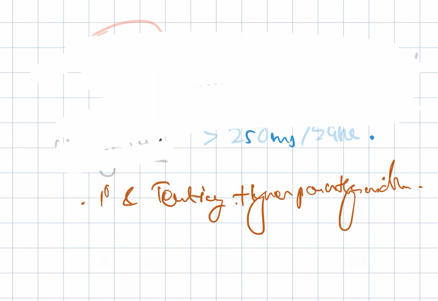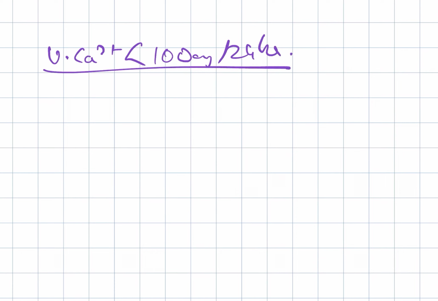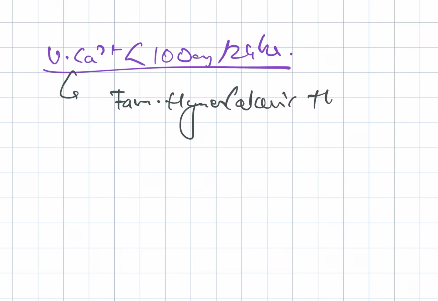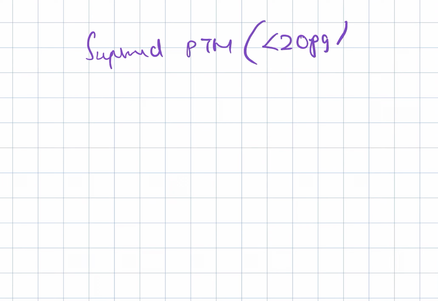And next, in cases where the urinary calcium is less than 100 mg per 24 hours, in such a case, it can be due to familial hypocalciuric hypercalcemia. Next, the other spectrum, that is, there can be suppressed PTH that is less than 20 pg per ml,